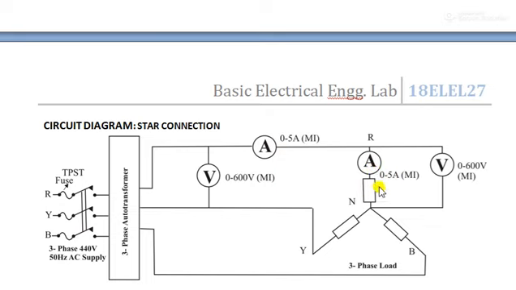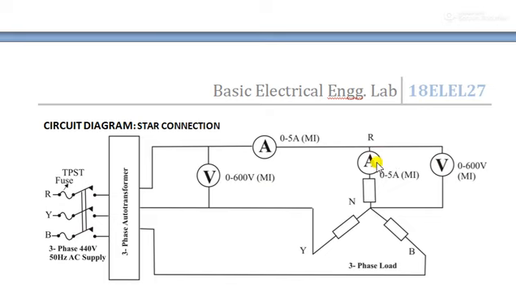and it is connected to the R phase. From another output of the auto transformer one more wire is connected to the Y phase, and from the third output it is connected to the B phase. So finally, connecting all these resistances commonly, you can make a neutral point. Now parallelly you can connect the voltmeters across the supply, that is 0 to 600 volts, and one more is connected to the phase side.